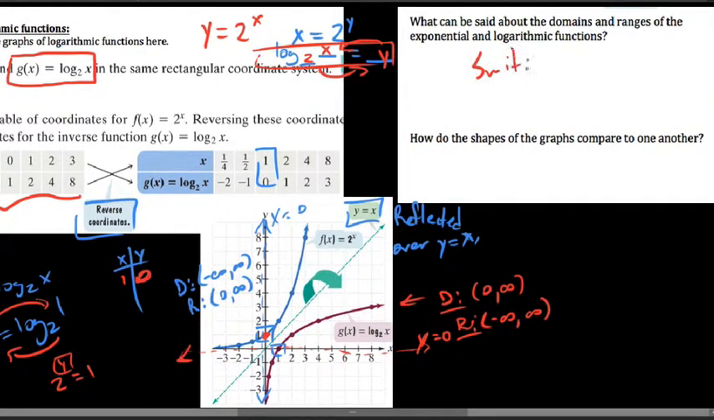And of course, I could write a whole lot more about that. We say that the domain and range of these functions are switched, but they're inverses, okay? And we say, how do the shapes of the graphs compare to one another? Well, can we make a little note here? We say exponential